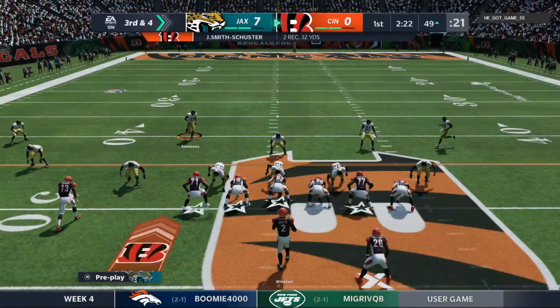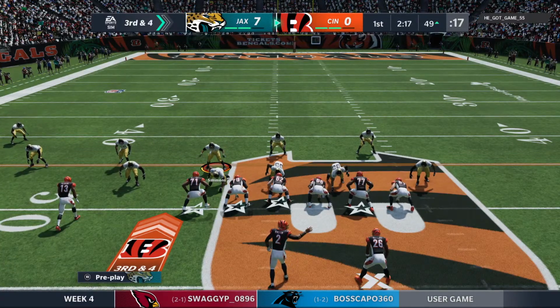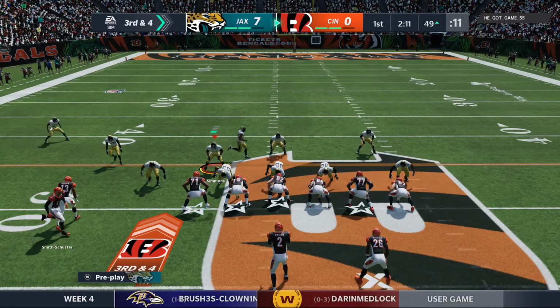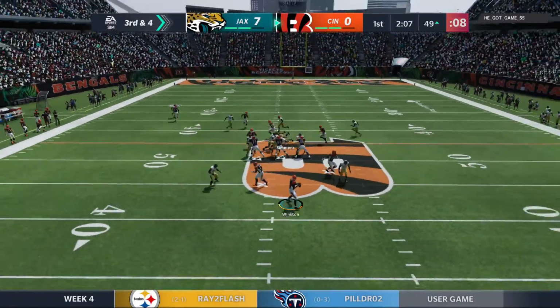That was a nicely run slant route, and what the receiver's trying to do is make the defender think he's going upfield for a deeper route, and then breaks it off, usually after about 3 to 4 steps, and cuts towards the middle of the field. And now what he's trying to do is use his body to keep the defender away from the football and give the quarterback a really nice...